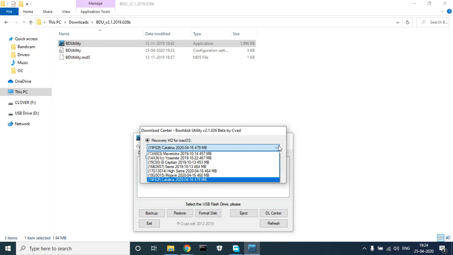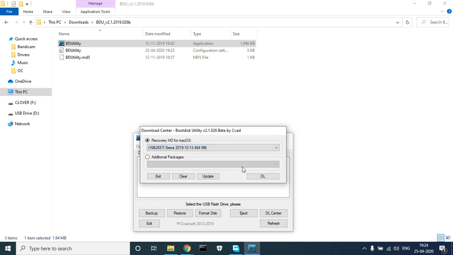So right now I'm using Sierra to create that recovery HD image. So I'm clicking on Sierra and I am clicking on DL. That means the selected item will be downloaded on my PC. Fine. It will take around 4 to 5 minutes.